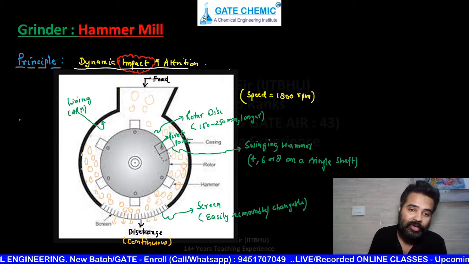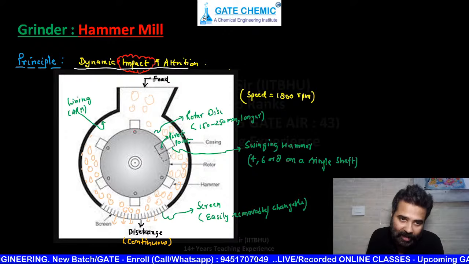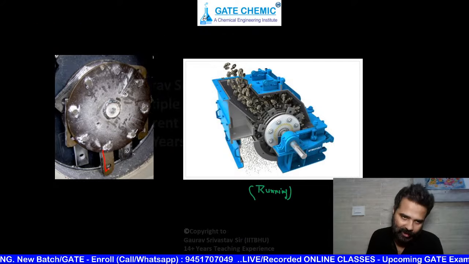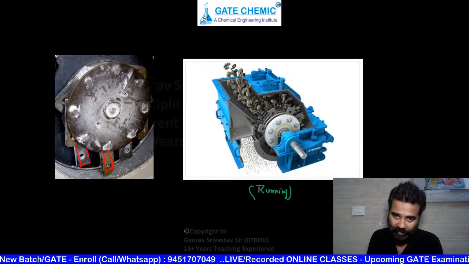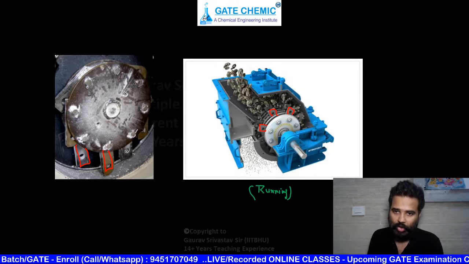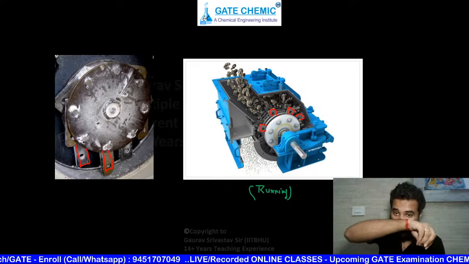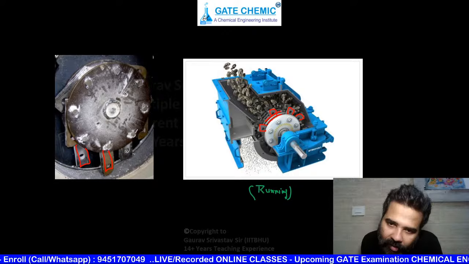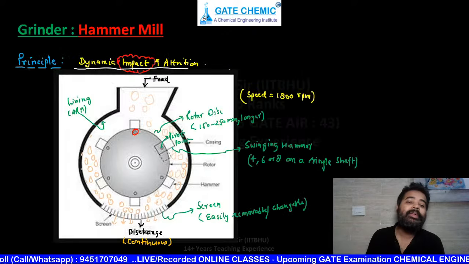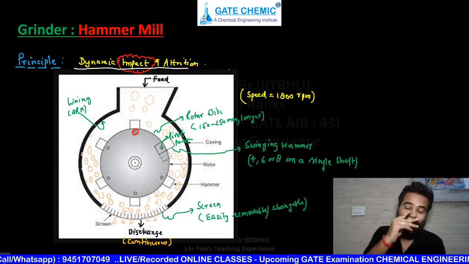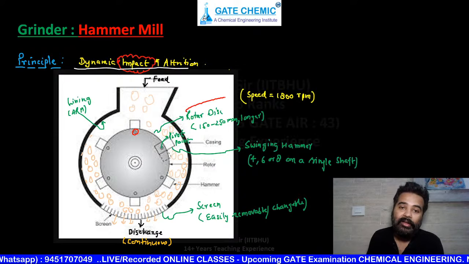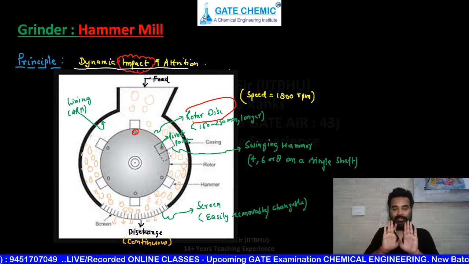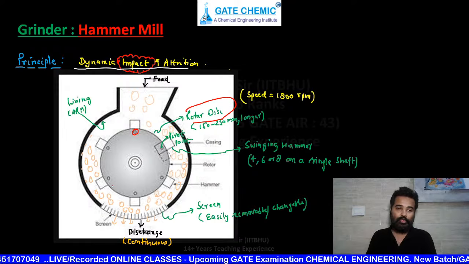This is your rotor, and these are hammers, pivoted. Why pivoted? See, if it is not in running condition, they are like this, and if they are in running position, they will be like this because of centrifugal force. And see, this is one, this is second, this is third, so you can see many rotor discs are there, and between these rotor discs hammers are fixed. This is what you are seeing from the side, and if you see from the top, it will look like this.